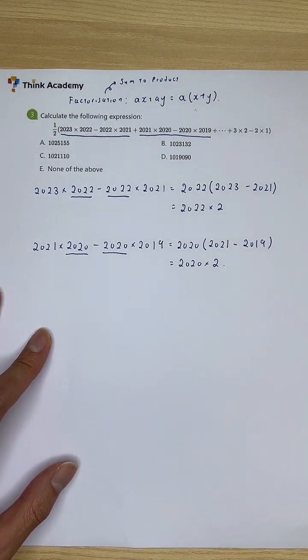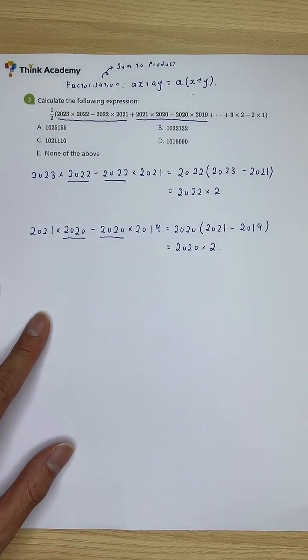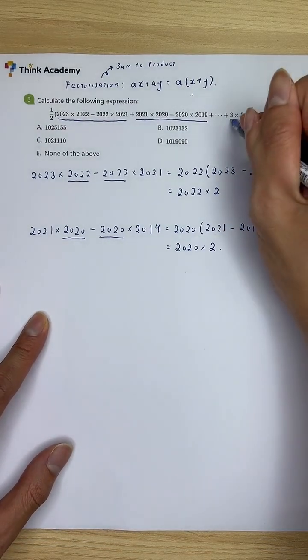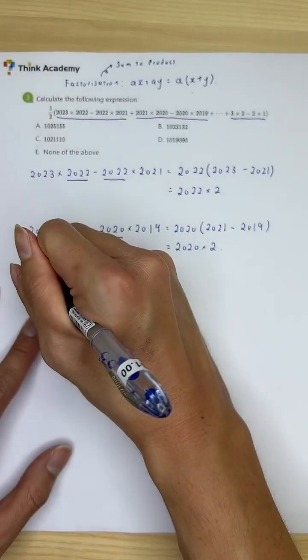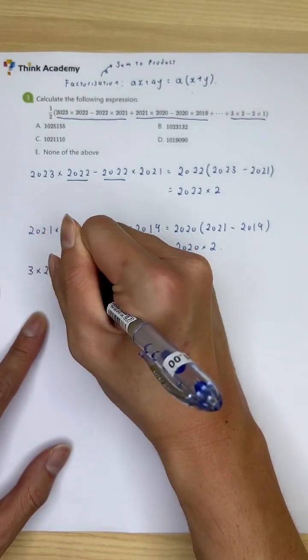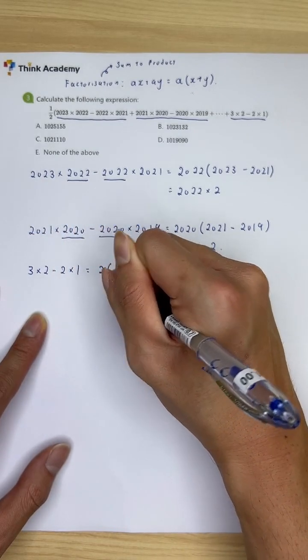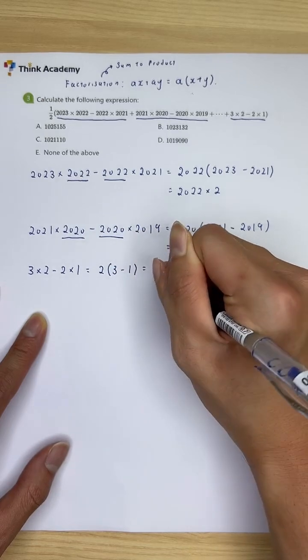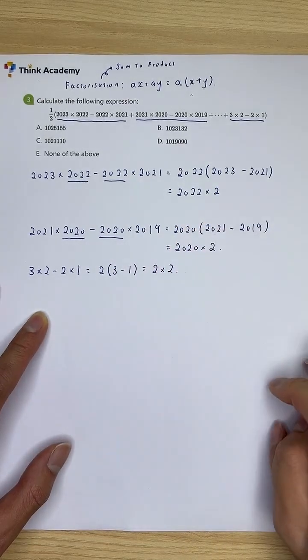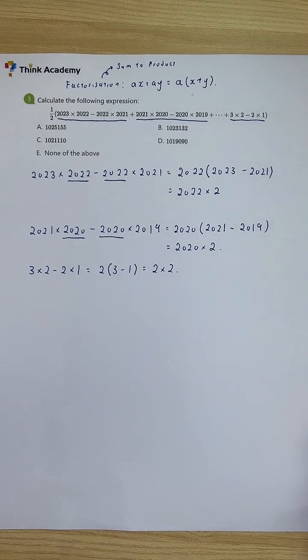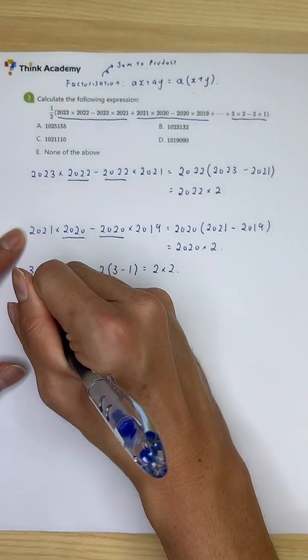Again, we see a pattern going on over here. We see a very nice pattern. But does it work all the way? We can check this one. This one is going to be 3 times 2 minus 2 times 1. I think everyone can evaluate this one. This is 2 times 3 minus 1, which is just 2 times 2. So in this case, we notice some sort of pattern that's going on. We seem to actually get this particular expression. Rewriting the expression,